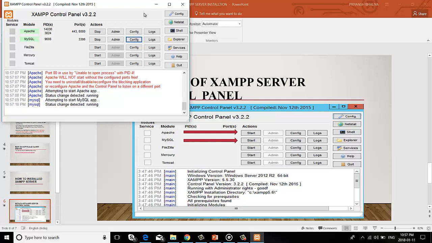There is no need to find any configuration file in the C drive; you can directly see all configuration files in the XAMPP server control panel.